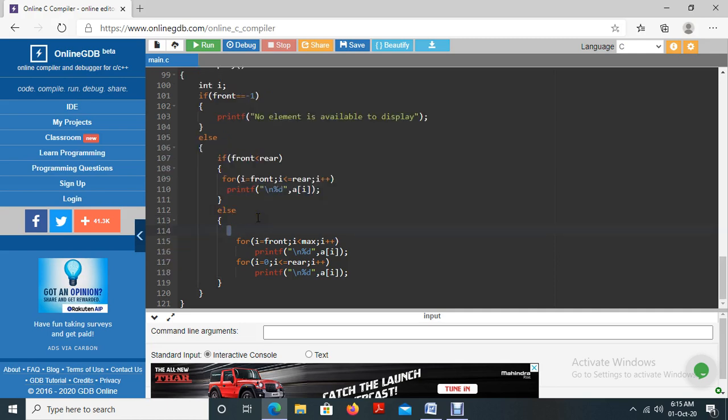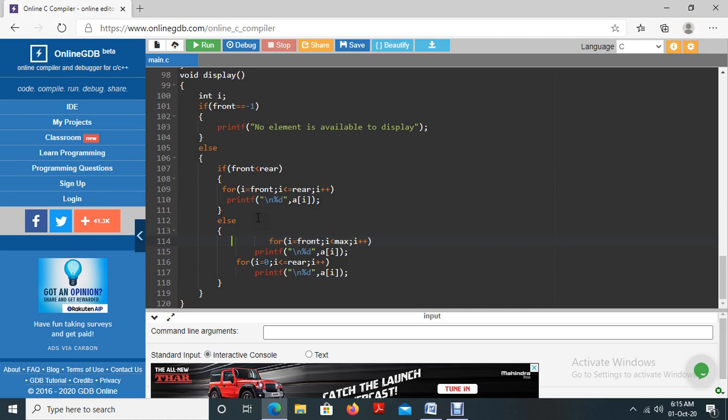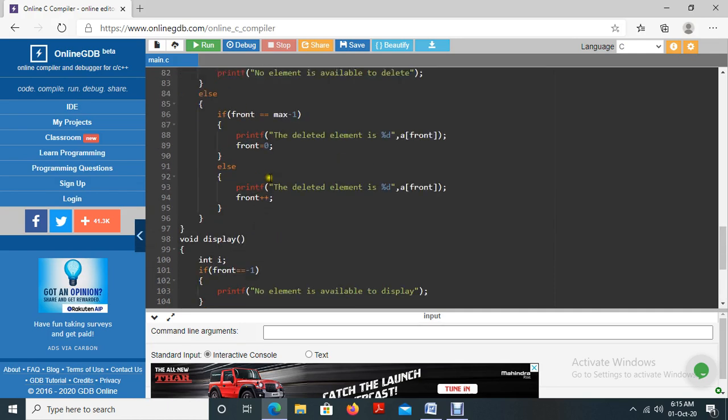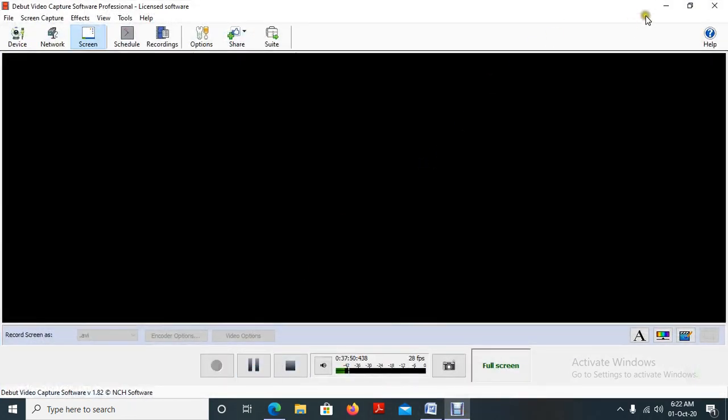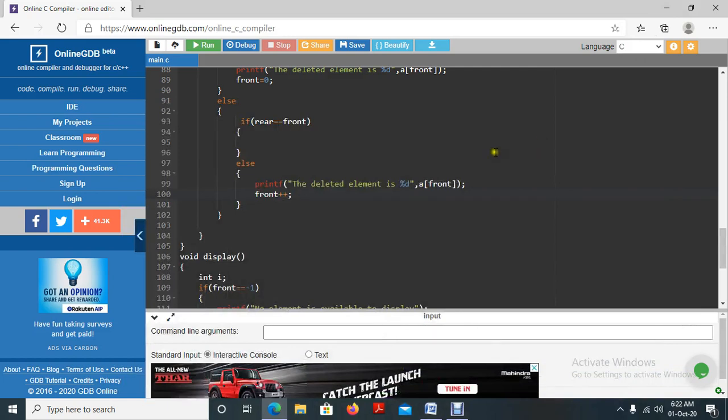Okay, I updated it in the display part of the program. Okay, this is the display part of the program. Okay, here what I did is verify if front equals rear or rear equals front. If this condition is true, we can ensure that we have only one element.